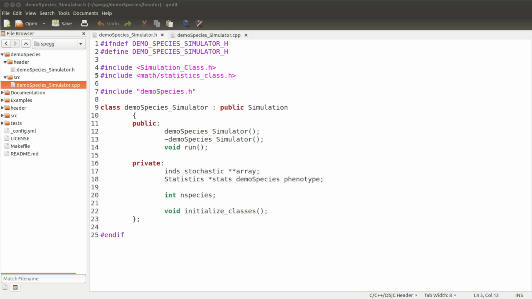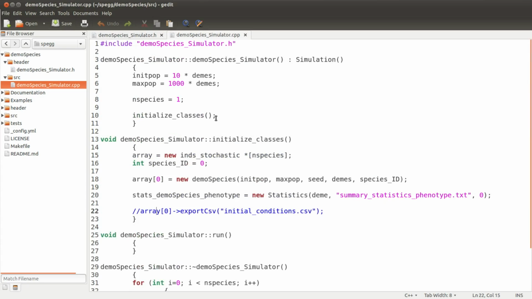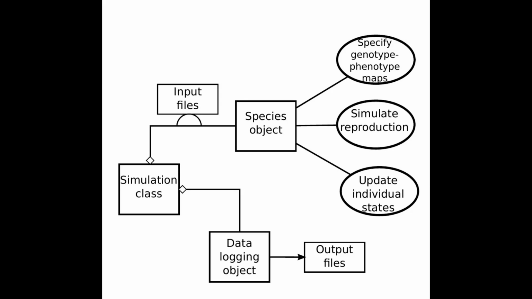The first demonstration covered how to create your simulation class. That provides a broad outline for instructing your computer how to execute the code you will develop. Let's review our overview of how our SPEGG simulation can be structured. In the last video, we discussed how our simulation class can be set up. In this video, we'll discuss setting up the species object, which will be responsible for carrying out the key components